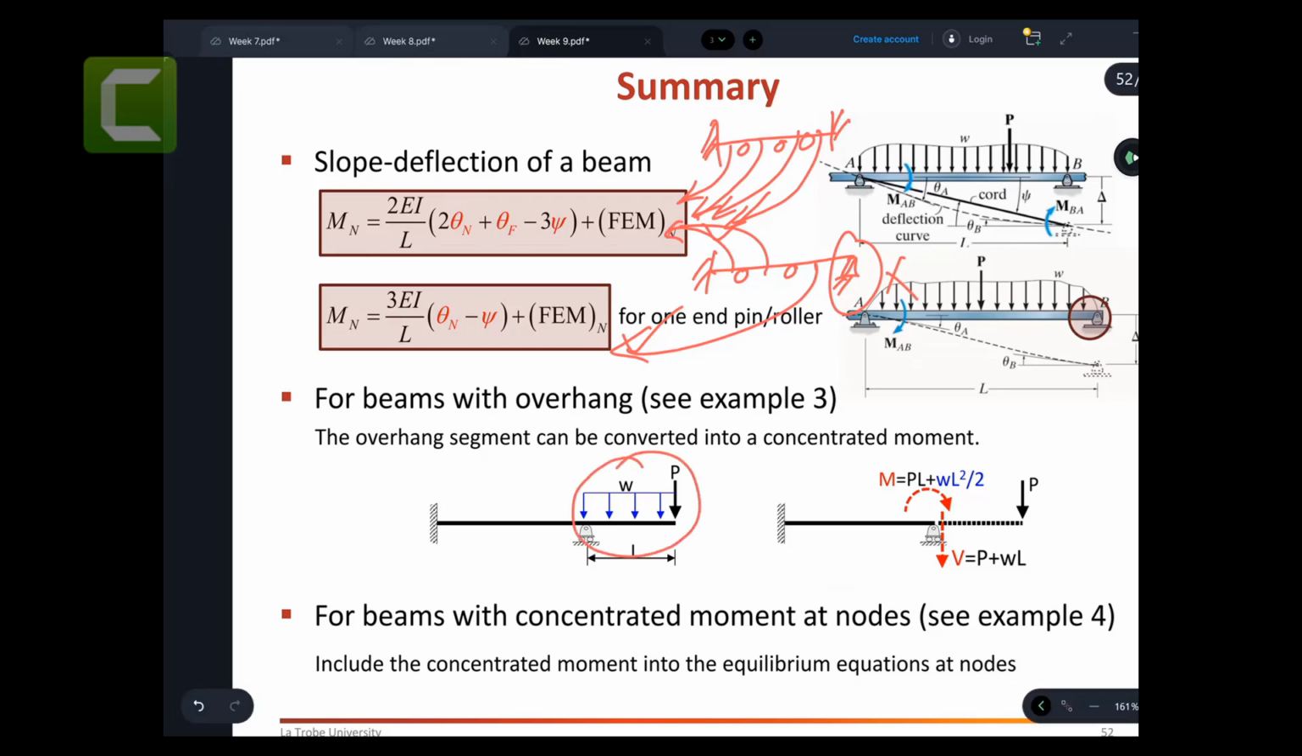When you have an overhang, like something hanging like a balcony, you can convert it into a concentrated moment and remove this part. Right, so I think that's the overall